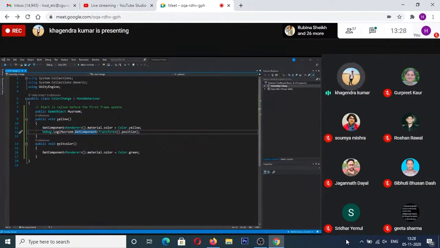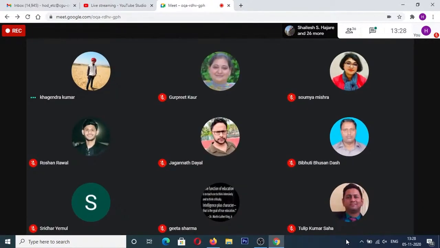Now I'm going to use this mushroom as a reference. In order to use this, I'm going to save this script and come back to Unity. Let me look at my Unity screen and share it.